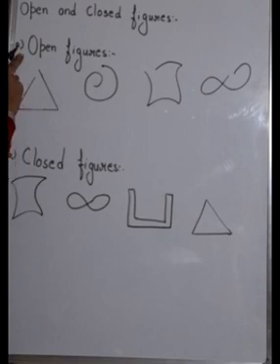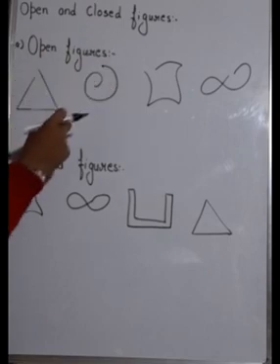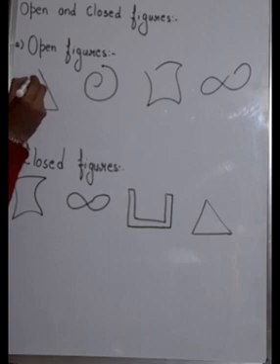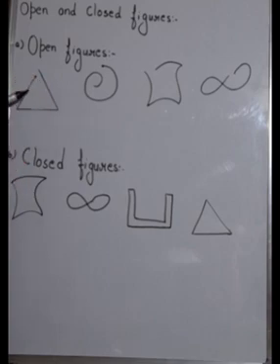Now next we have open and closed figures. Okay, so first we will discuss the open figure. Now what are open figures? Here I have drawn some open figures. Come to figure number 1. You can see that this figure is not closed. Here there is a gap. If the figure is not closed with a line or a line segment, or you can say if I have started from this point and go like this and end over here, it means it has a different starting and ending point. So the figures which are not closed by a line or a curve, or which have a different starting and ending point, are said to be open figures.